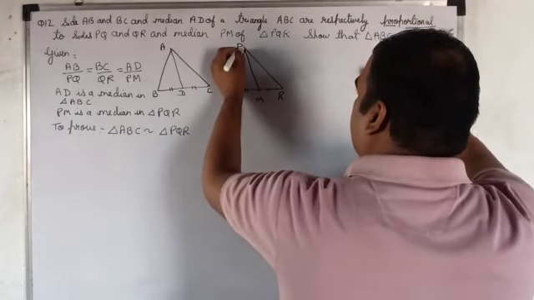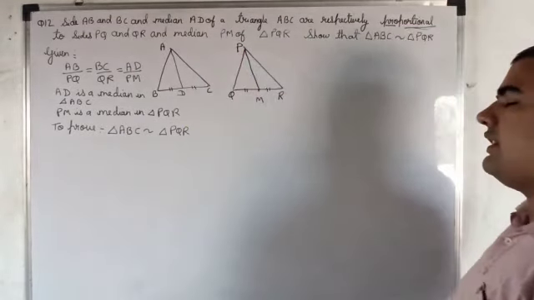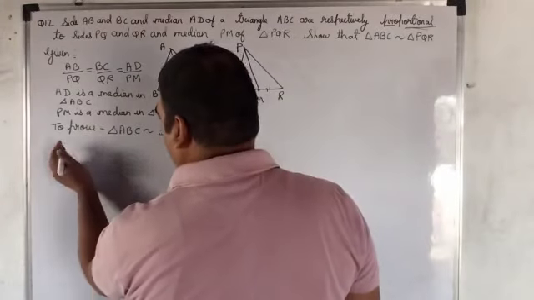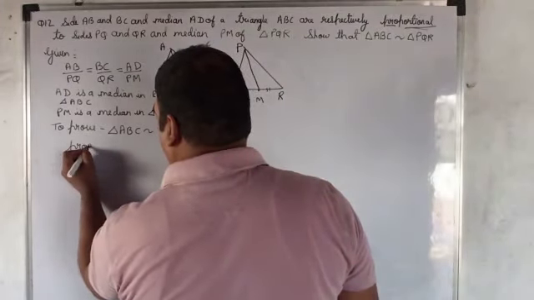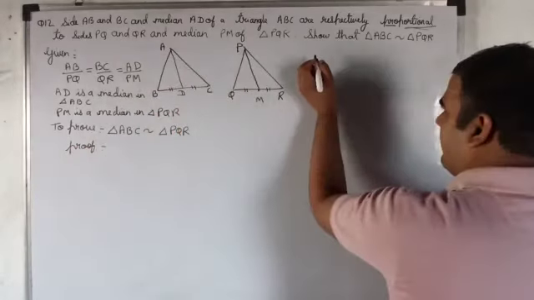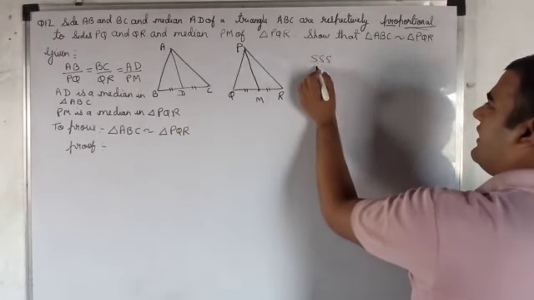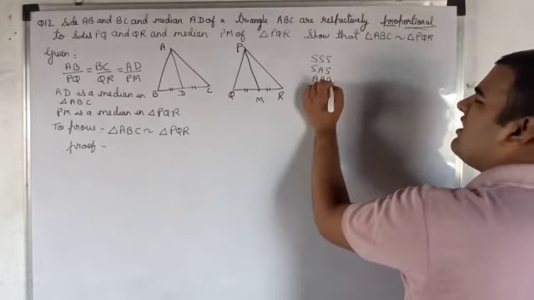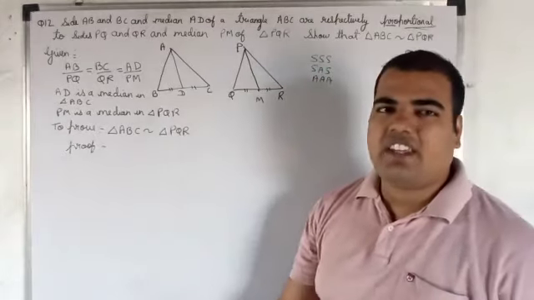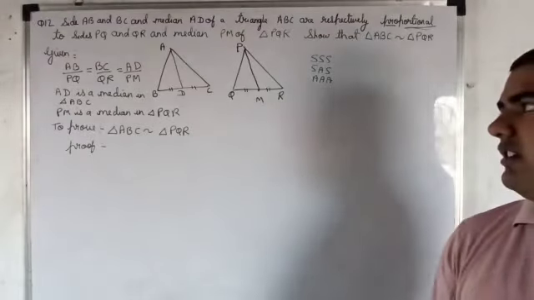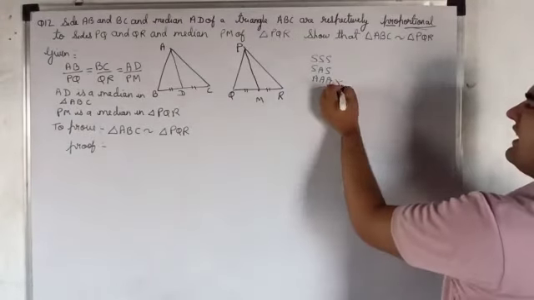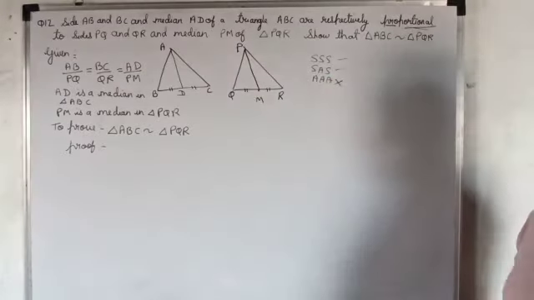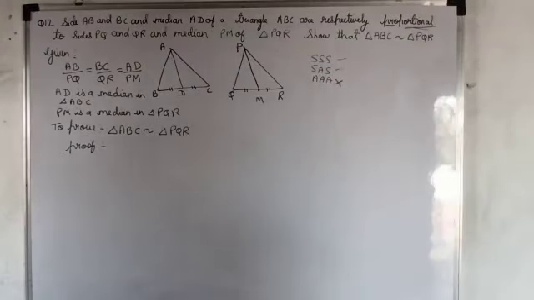How can we prove this? ABC and PQR are similar, right? Now we can prove this by any of the criteria: side, angle, side, and AAA. Since in the given we don't have any angle, this angle criteria we can't use. Only these two are possible. Okay, so we will check which one shall we take.